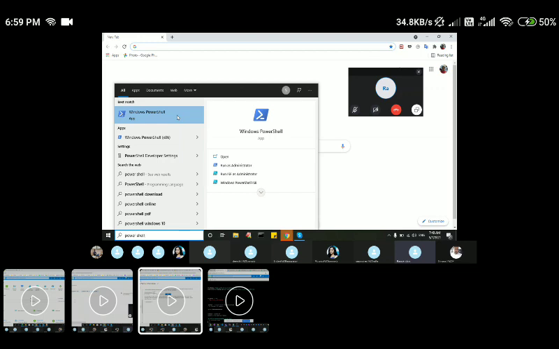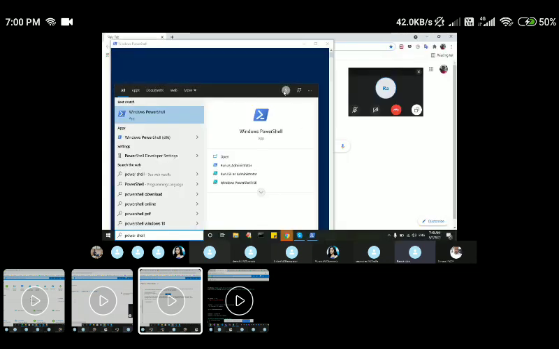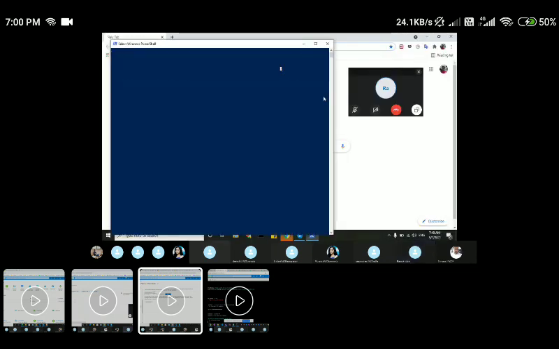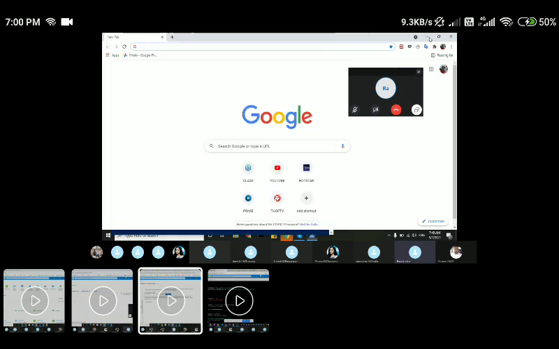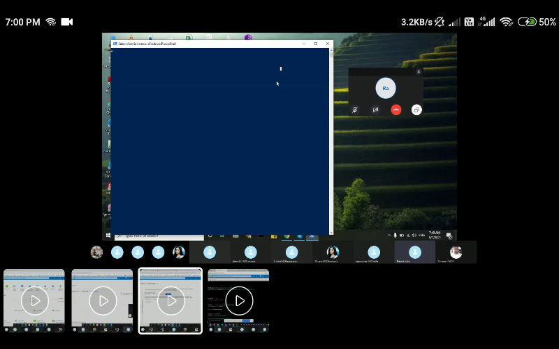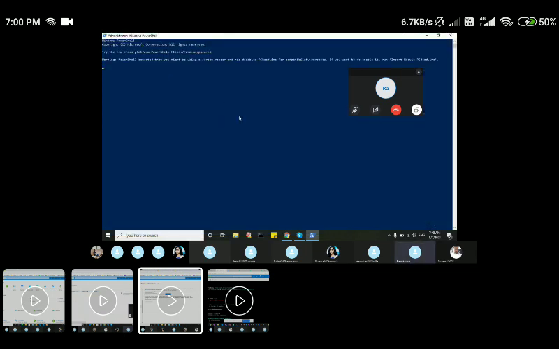Because whenever you try to install something, you should always open PowerShell as run as administrator. Yes, it is opened as administrator. Here you can see on the top of the PowerShell, it says Administrator. Just maximize this window. And you can just drag this particular Skype button which you have in the middle of the page. Drag it down. Yeah, great.